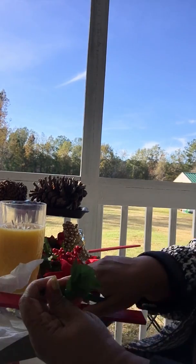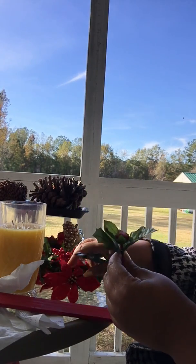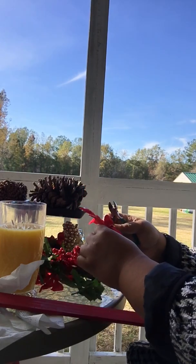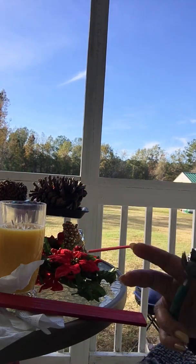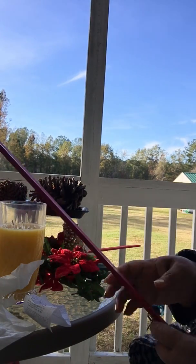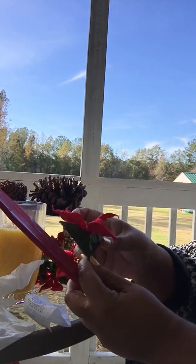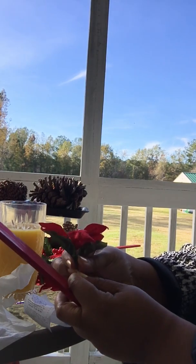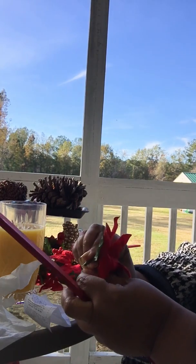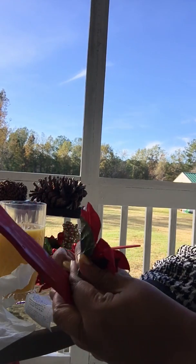Now I saved these because I may have another project. And this was on the poinsettias. This was a bunch. I'm sorry I don't have one. I cut them off from the Dollar Tree as well. And I just started decorating. The first thing that I did was placed one of the poinsettia at the top. Push the greenery up as far as it will go and kind of bend that stem like that so it will lay flat. And I took my hot glue